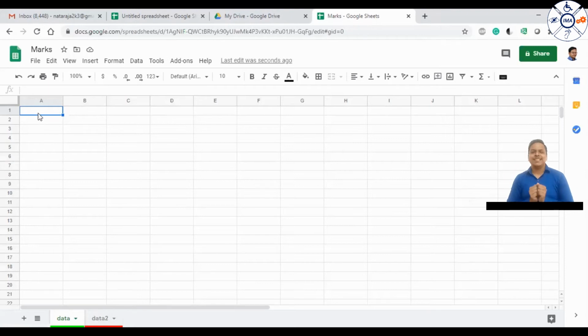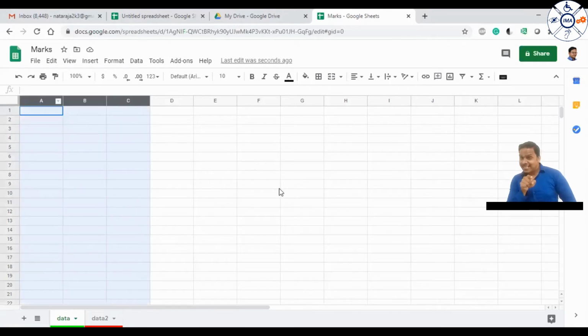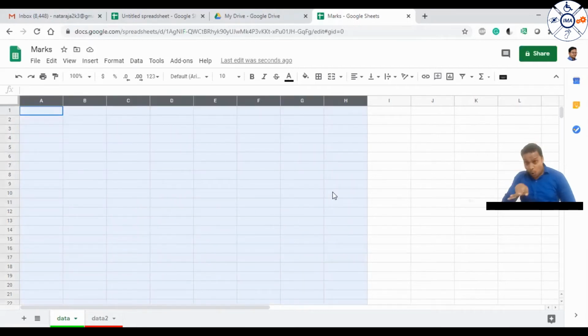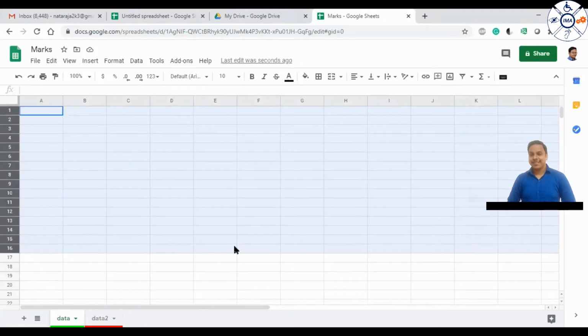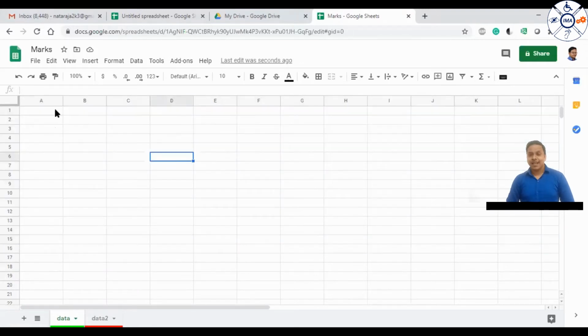Now, as you all know, these are all columns and these are all rows, and this is a cell. This cell is called A1, this is called B2, this is called C3, this is called D3, this is called D5. Now let me type some data.